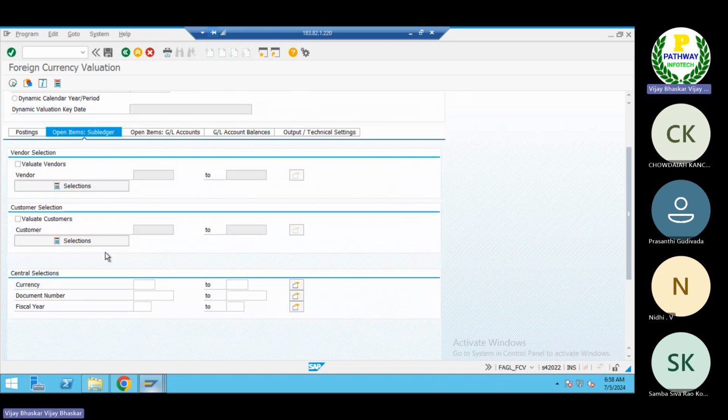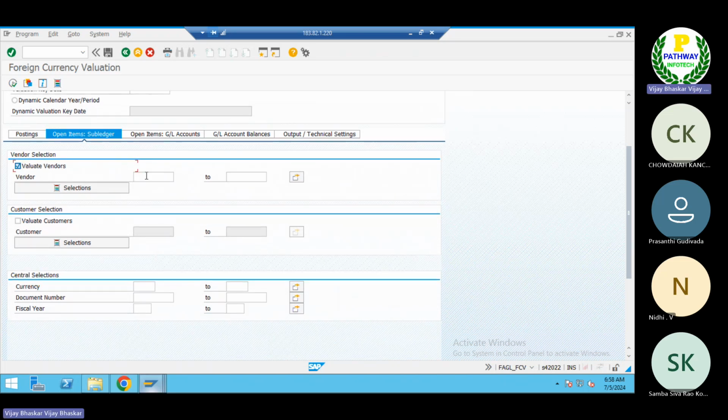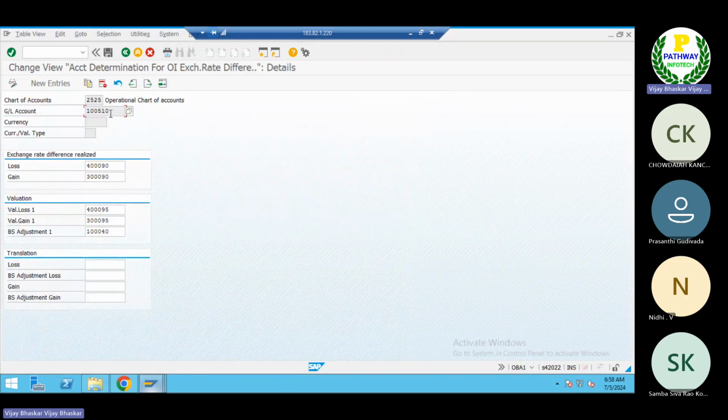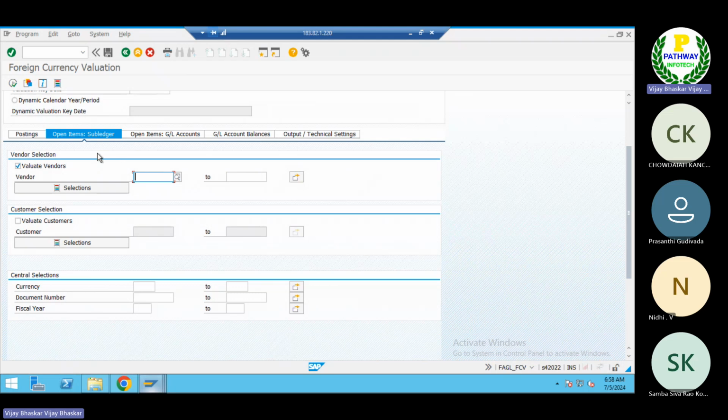Whichever is applicable here, if vendors are applicable, you can just select the vendors and key the vendor numbers. Don't give the reconciliation accounts here, since what you have mapped here is a vendor reconciliation account. Now don't give reconciliation accounts.